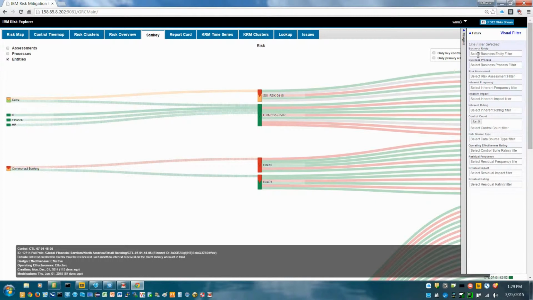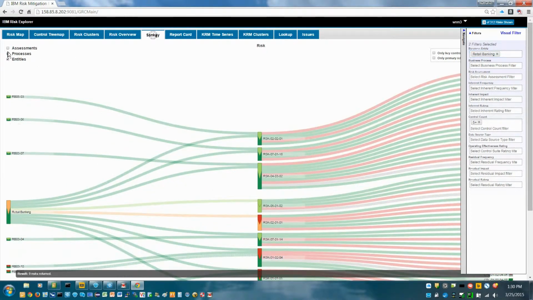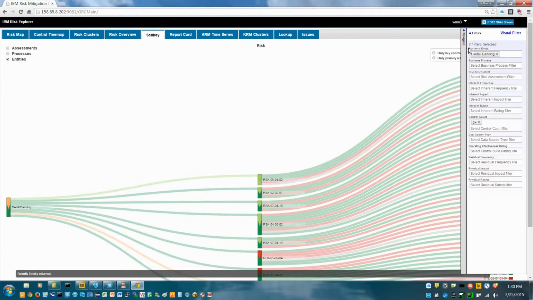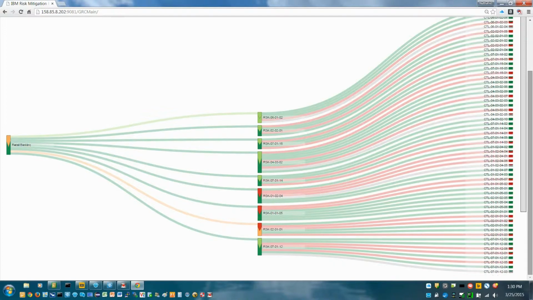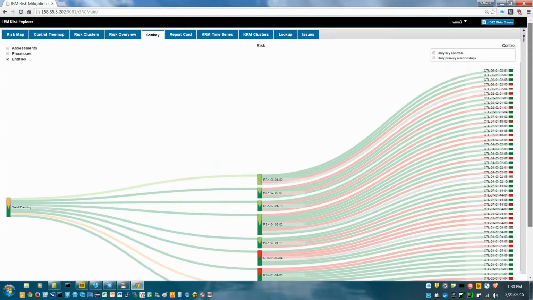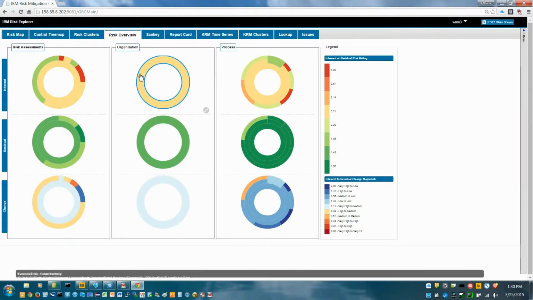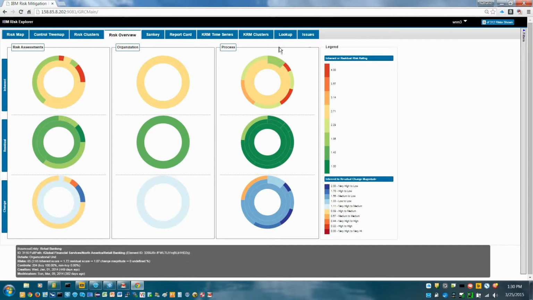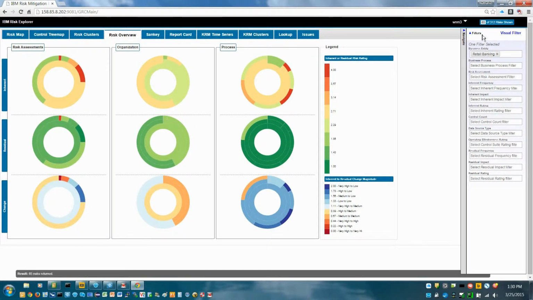We can do this by opening our filter panel, moving into the business entity taxonomy, and selecting retail banking. Now we see that that's the only business entity that is shown in the Sankey diagram. Moving back to the risk overview, we see that there's only one business entity reflected, that's retail banking. If we release the filter for the control counts, we can see now that we're looking at